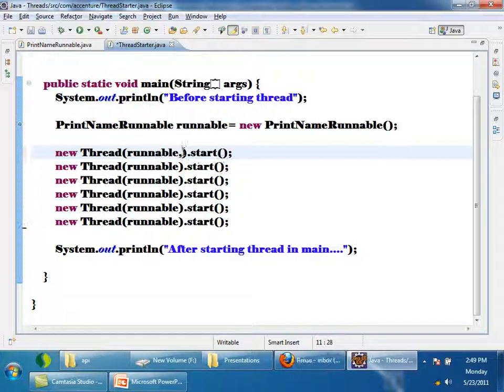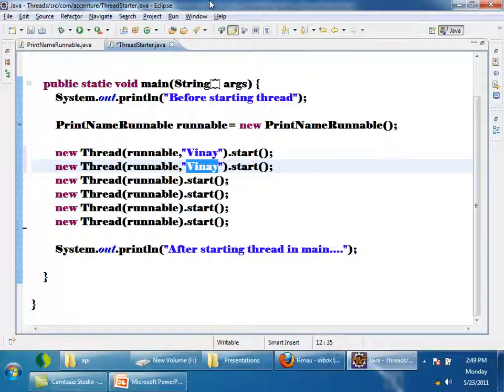Comma the name. Tell me one of the names. One of your names. Vinay. Okay, Vinay. Tell me another name. I want 6 names. I will make all your names into threads. Any other name?